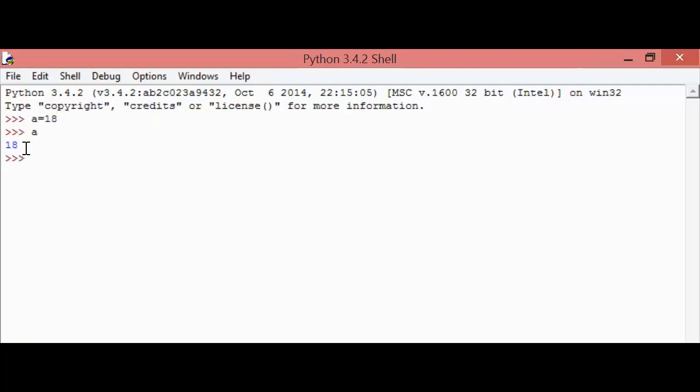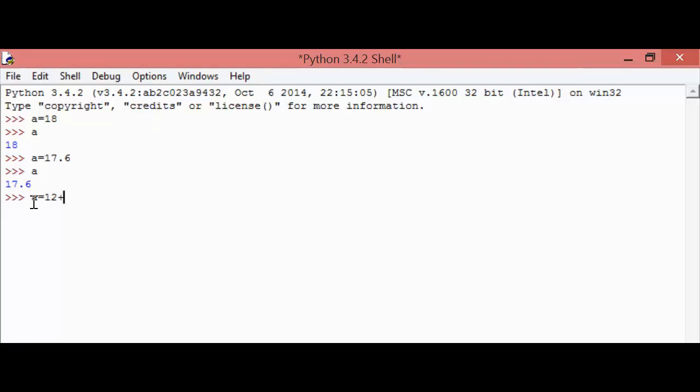Now, as we know, Python supports 4 different numeric types, which are integer, long integer, float and complex. You already know integer and long integer, so I'm going to explain float and complex. Now for float, a equal to 17.6. Here this is a float value. Now when I execute this, here we get the result 17.6, which means that the variable a stored a float value.